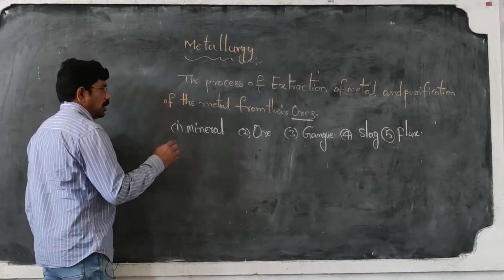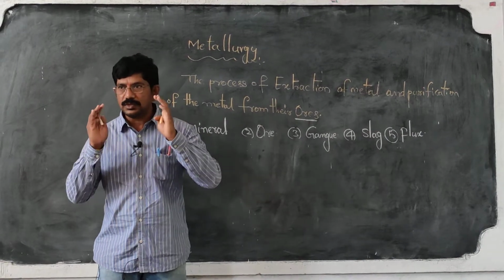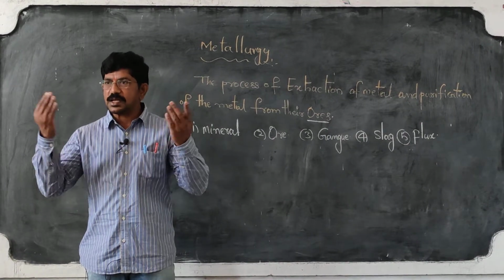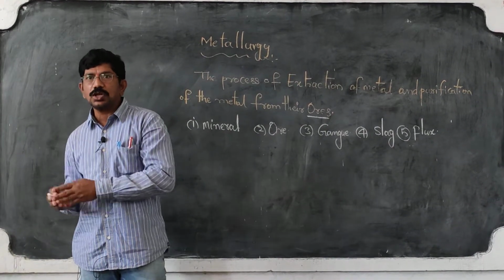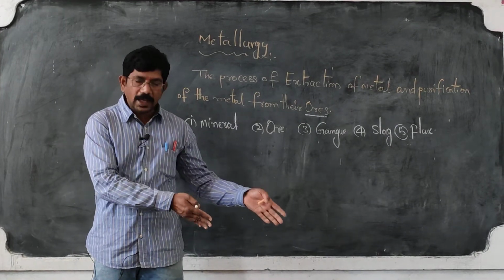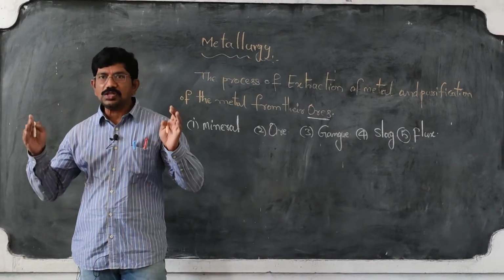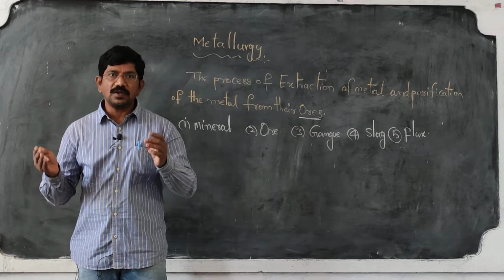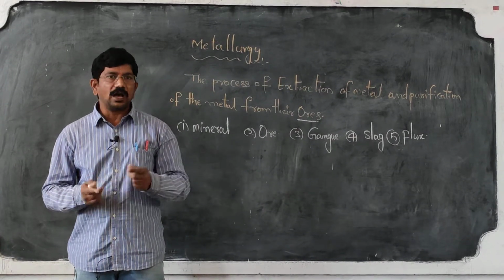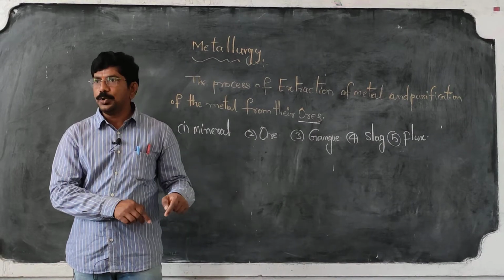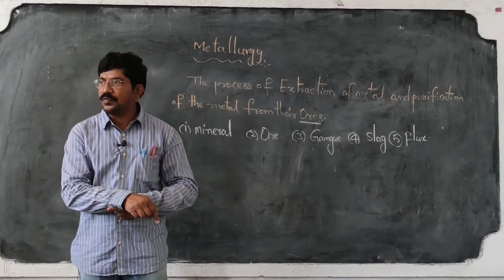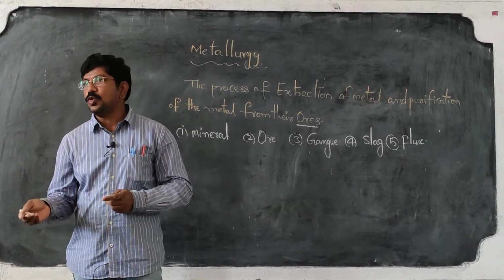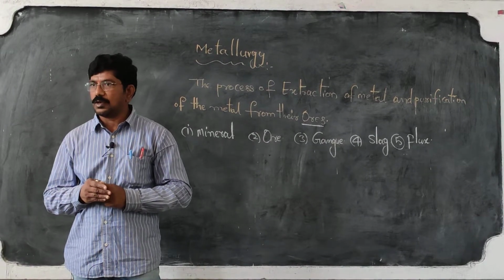Now, what is the main source of the metal? Where do we get the metal? Do we get it from the sky, or from the oceans, or from the earth crust? As you know, the earth is an abundant source of many metals. Most of the metals are found in the impure form. The metal compounds are found in the impure form in the earth crust. Not only in the earth crust, seas and oceans are also sources of metals.